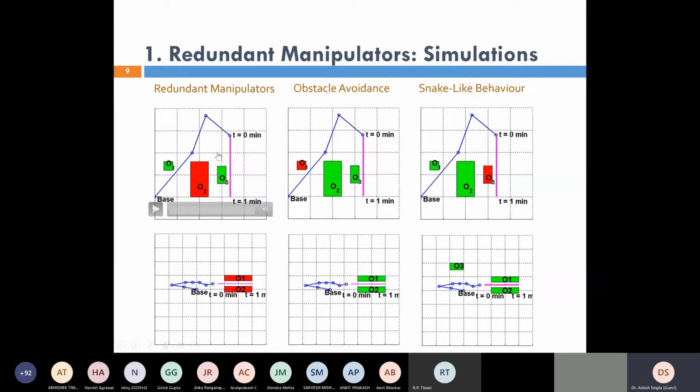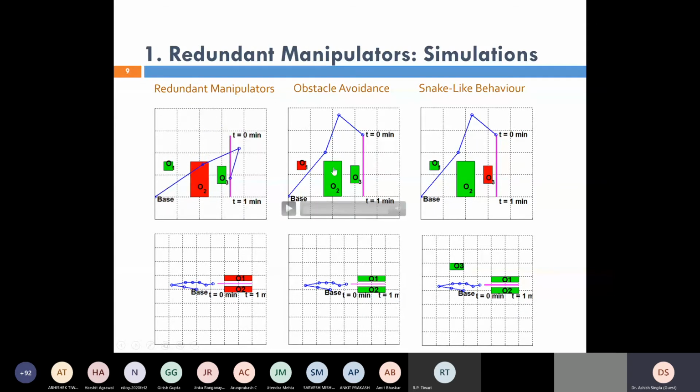So it is having infinite solutions if we neglect the orientation. Here you can see the green ones the robot knows, the red one the robot doesn't know. So that's why it will follow this path and it will hit the red obstacle. And in the next simulation, basically we will swap the obstacle.